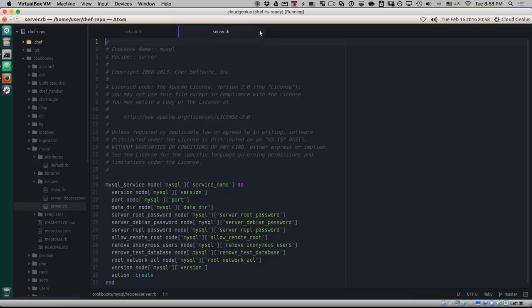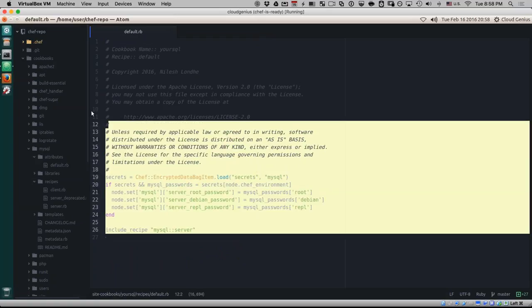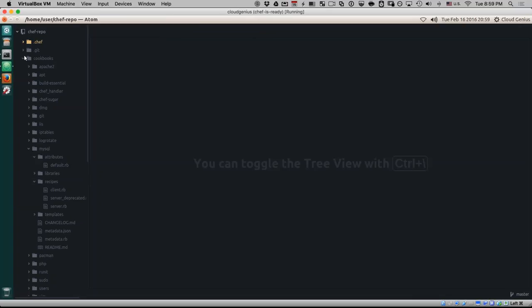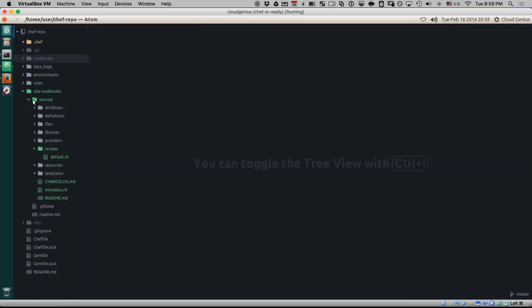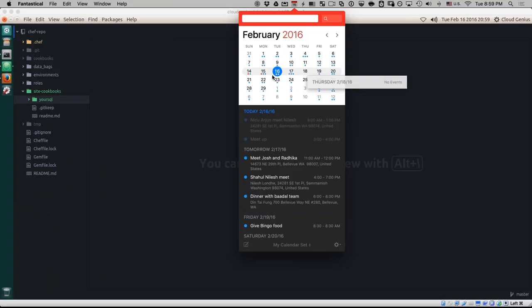So just do your thing, but remember, use my passwords, not yours. And that's this cookbook. Very simple. And that's what I will save in my site cookbooks folder, where I have it called out, called yoursql. And the step at this moment before we break for the next session, which is, we have it on 18th,